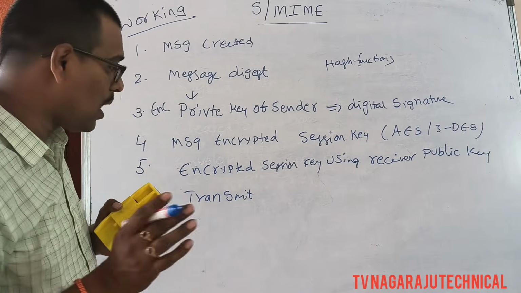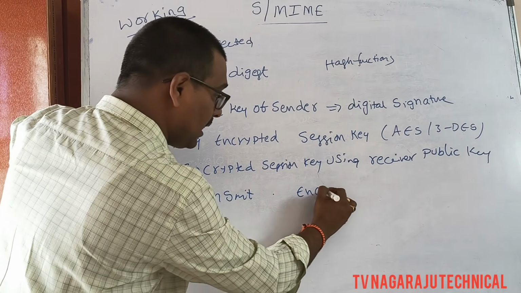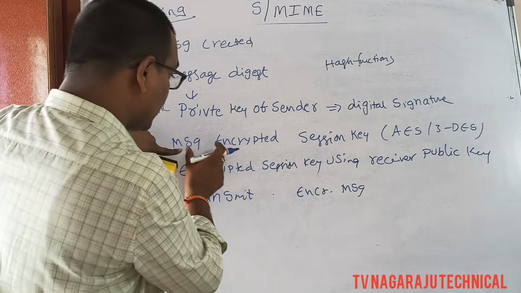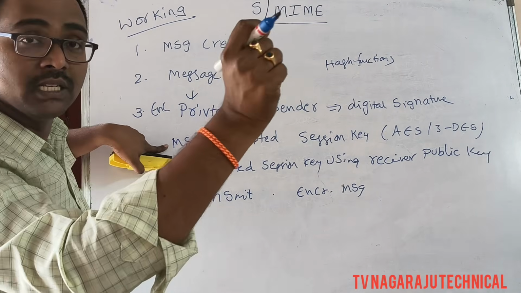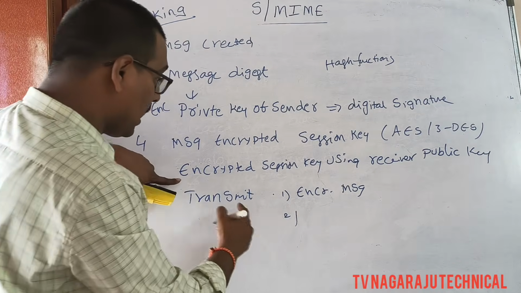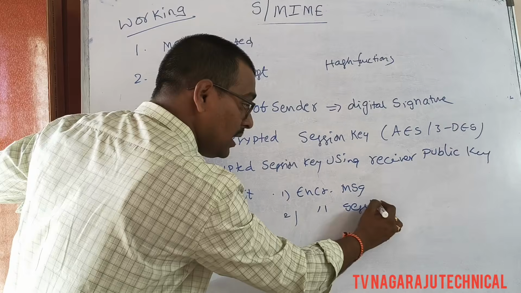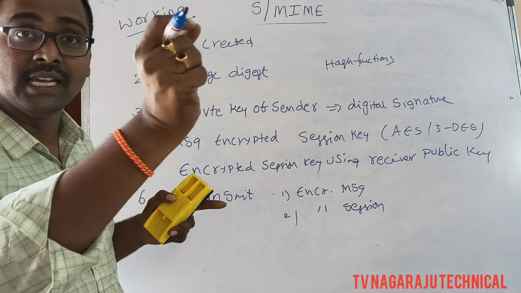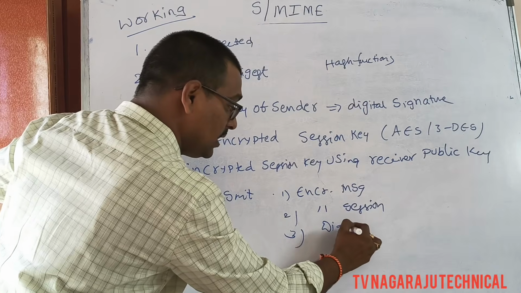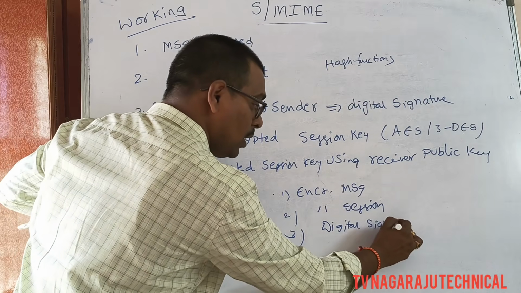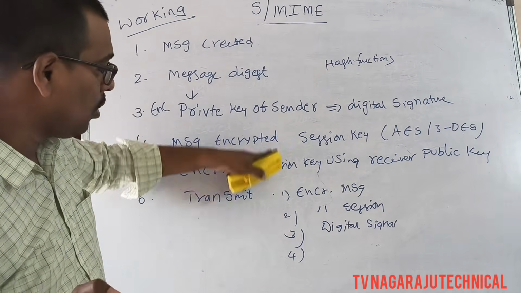Now, what does he transmit? Observe carefully: the encrypted message. Yes or no? The message is encrypted by using the session key. The encrypted message is transmitted to the receiver, along with the encrypted session key. Along with that, he transmits the digital signature. Now, the most important one is, along with all this we already know,